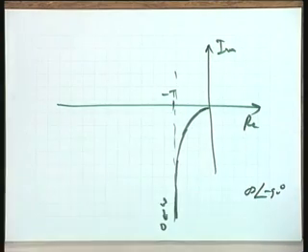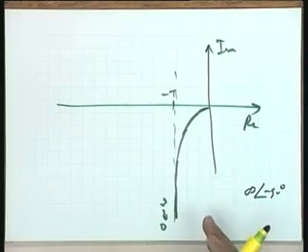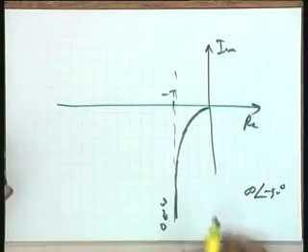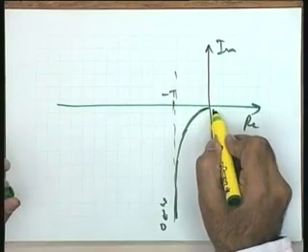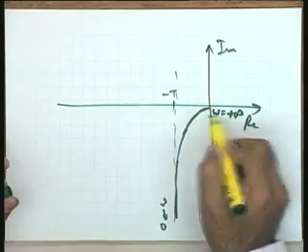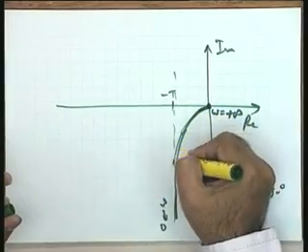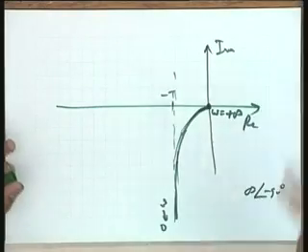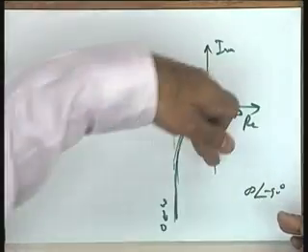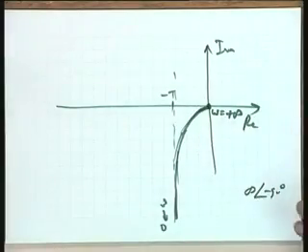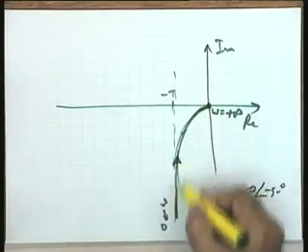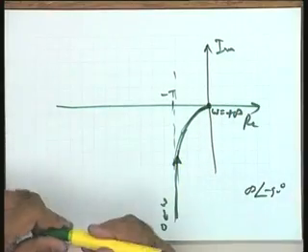When I convert this into real and imaginary parts, I find that omega is equal to 0 gives me this point. And what is omega is equal to infinity? Omega is equal to plus infinity gives me this point, the origin, and it becomes tangential to this line. And it is very obvious from this particular vector that it neither intersects the real axis nor the imaginary axis, but for the points at 0 and at infinity. No other intersections are there, and therefore this is the complete polar plot of the given system.